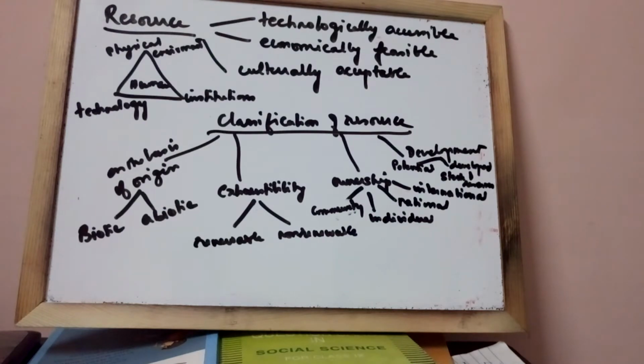In the triangle you find human beings in the center, and physical environment on one corner, then institution on the other, and the third one is technology. So this shows the interrelationship between nature, technology and institutions. So humans depend on resources. So how can he take the resources? When it is available in nature,